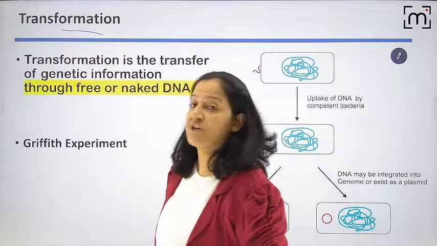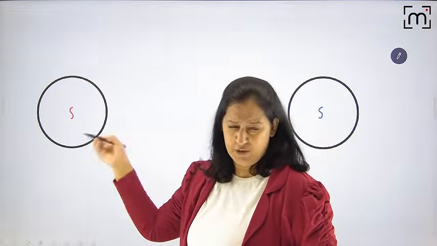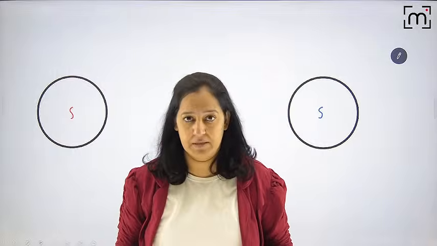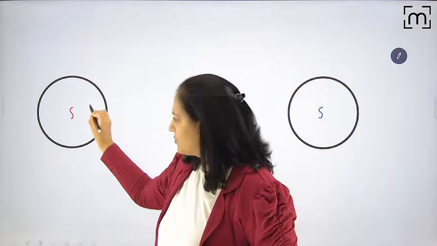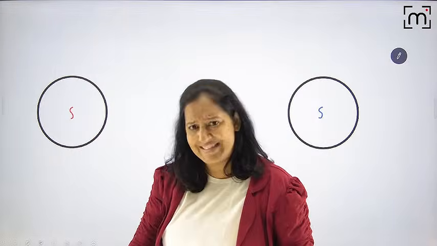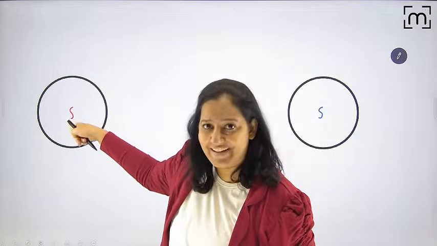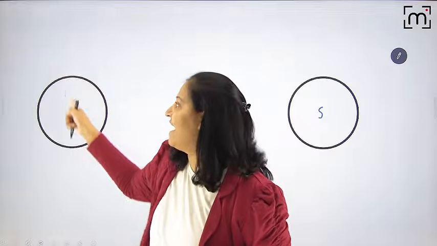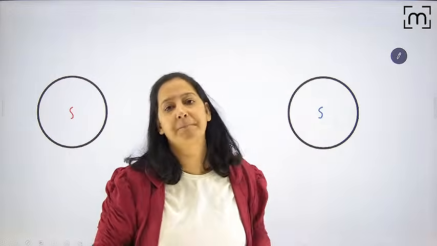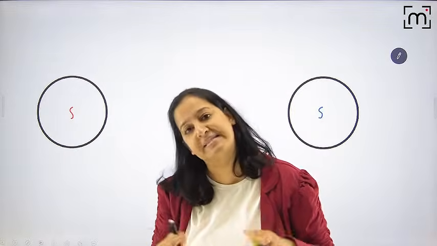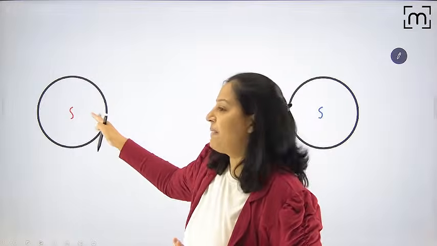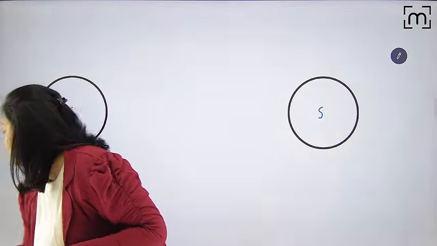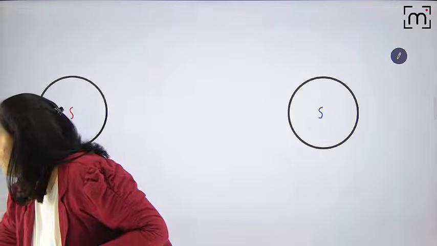The first is transformation. What is transformation? See the 2 bacteria. Suppose this is bacteria A, this is bacteria B. They have the chromosome. Although chromosomes are circular, for the sake of easy understanding, I have drawn them linear. I have given different colors. Bacteria A has a red chromosome. Bacteria B has a blue chromosome. Now imagine the first bacteria is dead. Yes, you heard me correctly. So once the first bacteria is dead, what will happen?